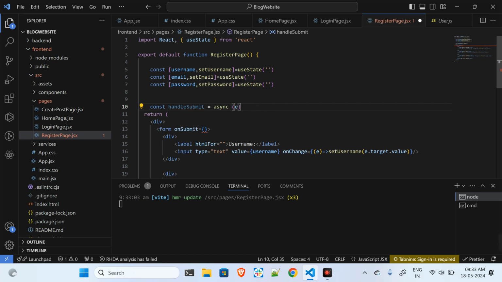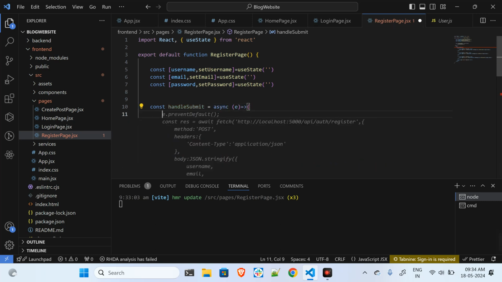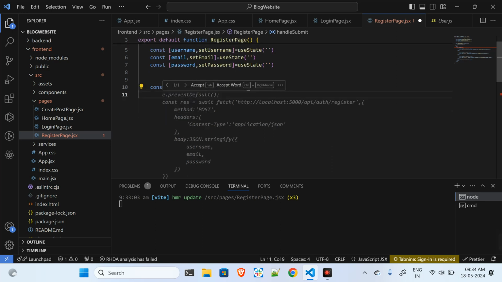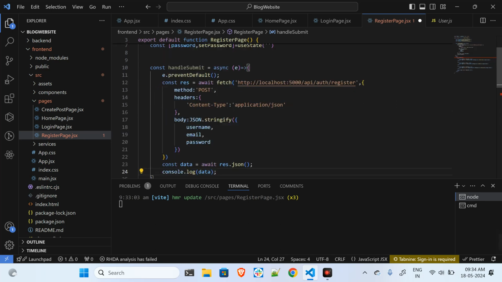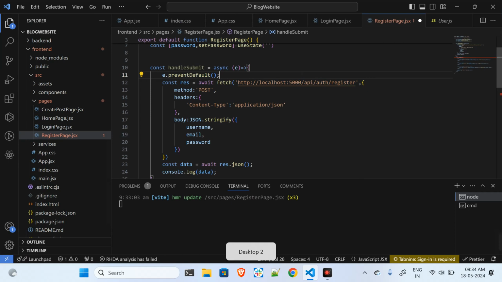It's an async function. It will carry out the asynchronous operations. So let me just see what it is fetching. So yeah, e.preventDefault, because whenever we click on this button, which is right now the register button, the page gets refreshed, but we don't want our page to refresh, so that's why e.preventDefault. Then we do something like const response is equal to await fetch,